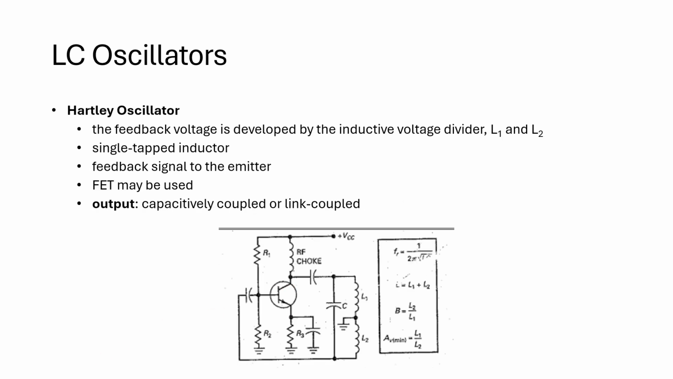We have the Hartley oscillator. Please take note. What's the difference between Colpitts and Hartley? In Colpitts, the voltage feedback is developed by the capacitors. In the Hartley oscillator, the feedback voltage is developed by an inductive voltage divider. So this time it's between L1 and L2. Your L is just the sum of L1 and L2, and the formula